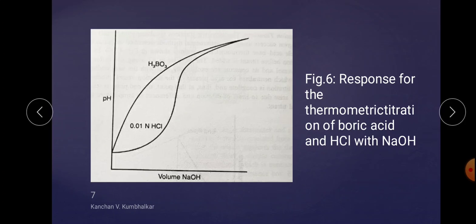In thermometric titration, it is assumed that the rate of reaction is relatively fast and that the end point will occur as soon as excess titrant is added. But this assumption is not valid if the reaction is slow. Remember, the position of the end point will be distorted and error will be involved.